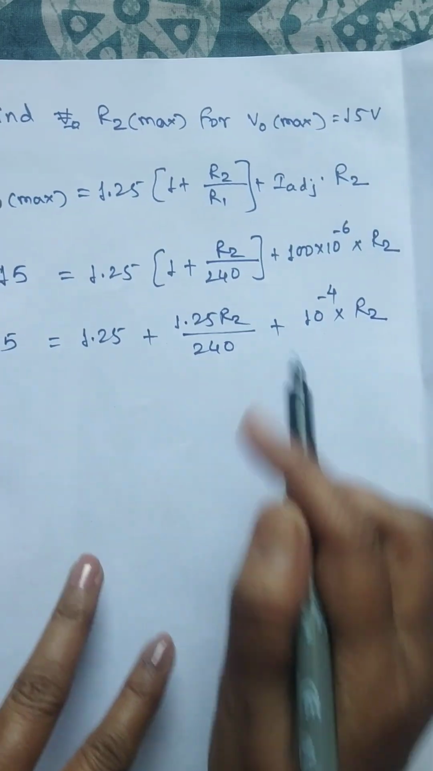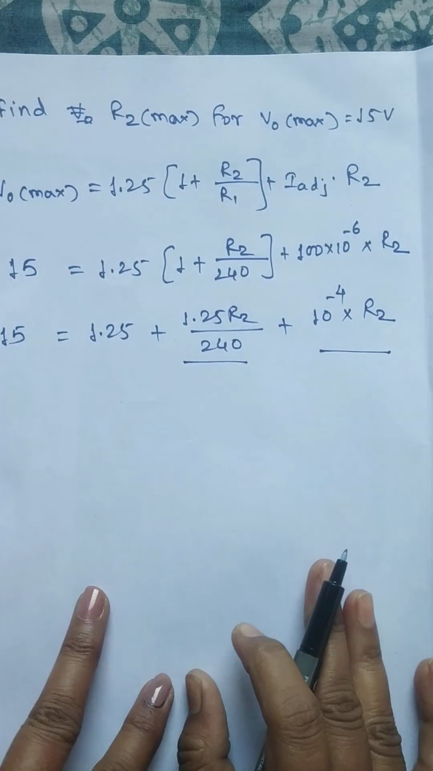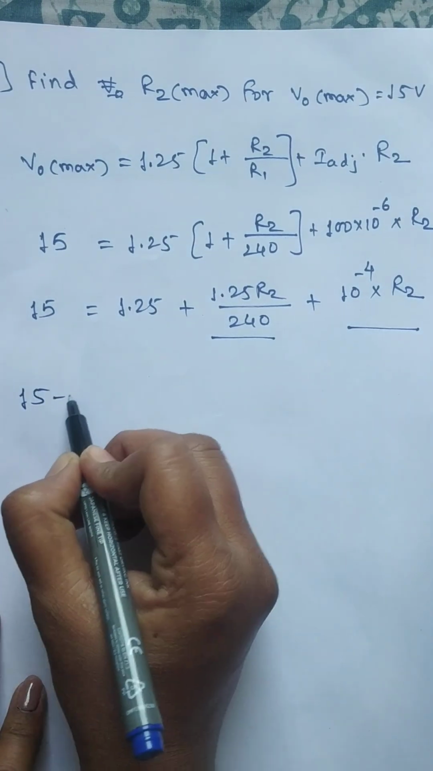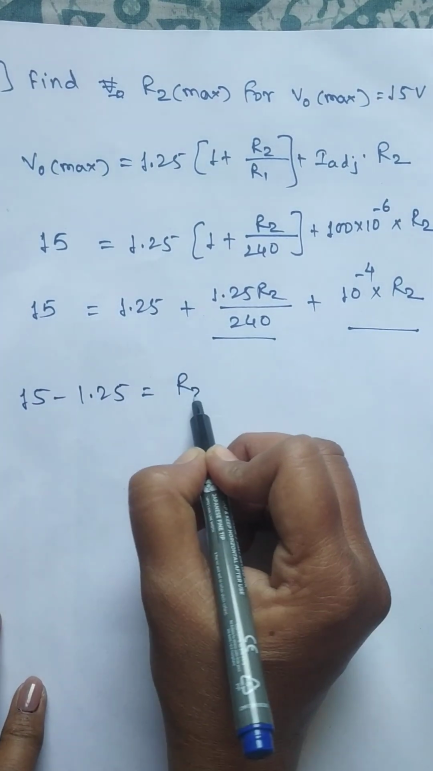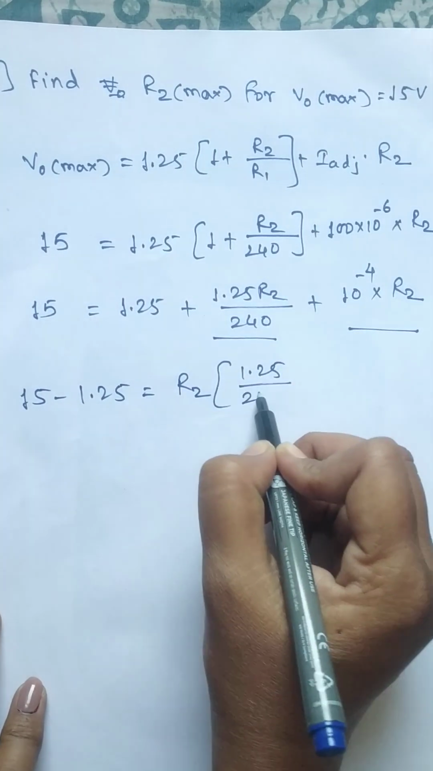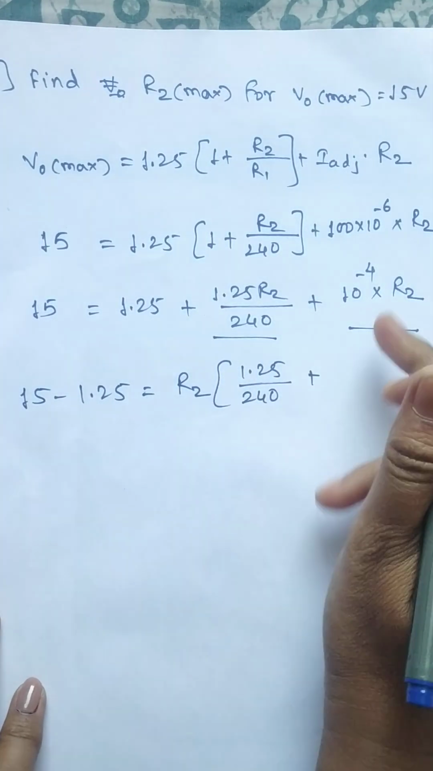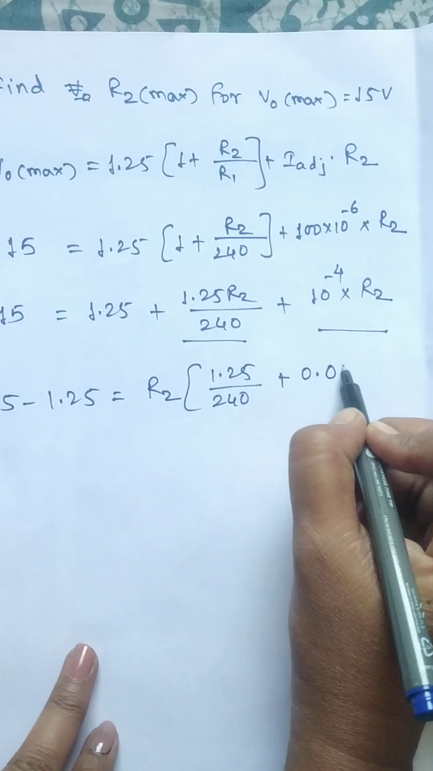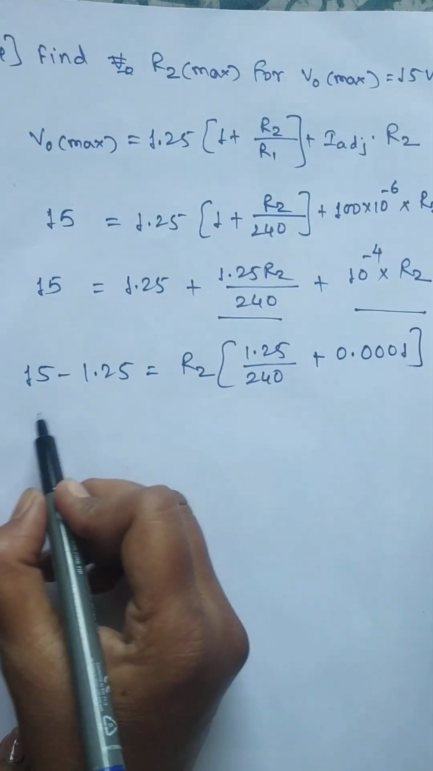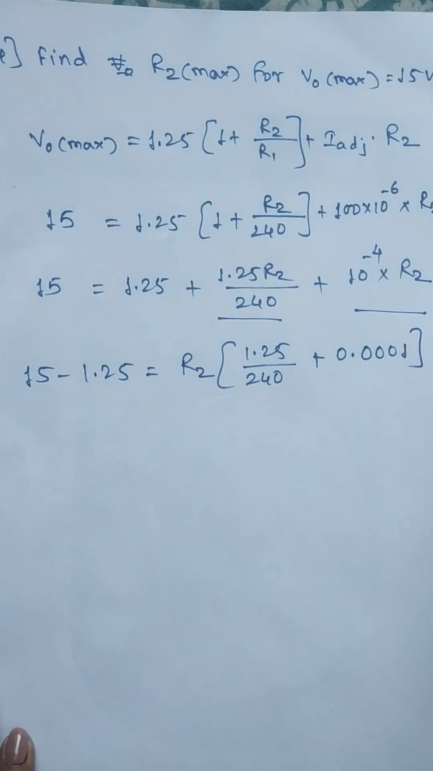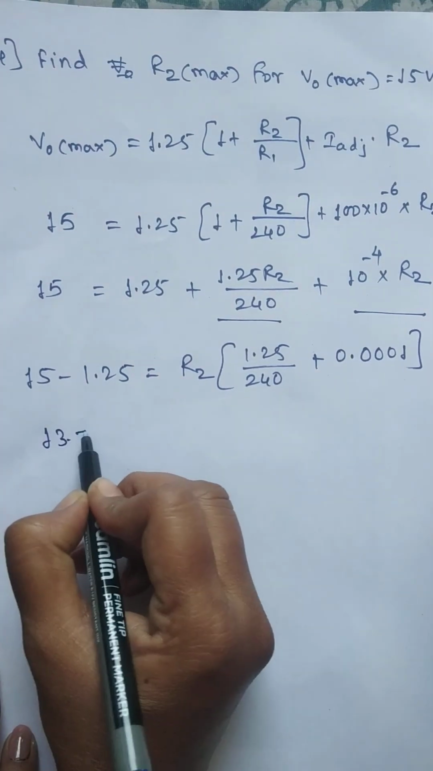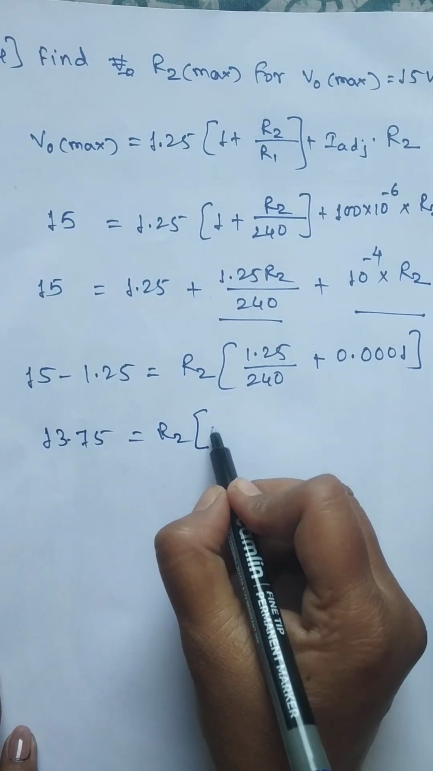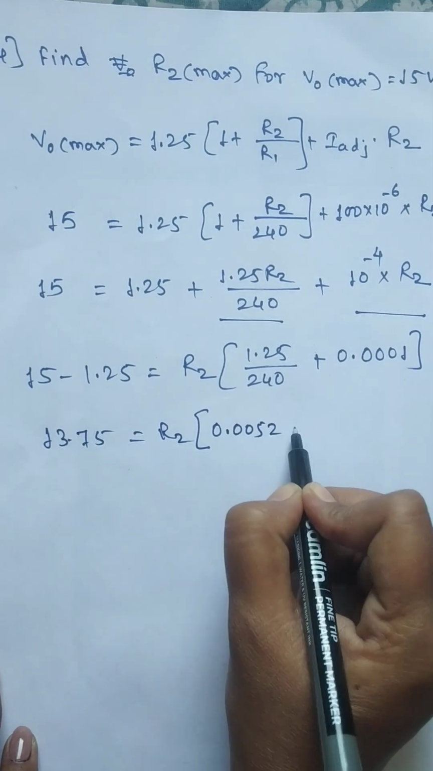So again similarly what we are doing, we are taking R2 common in between these 2 terms, and 1.25 I am transferring on the left hand side. So it is 15 minus 1.25 is equal to R2 common, 1.25 upon 240 from this term plus 10 raised to minus 4 will remain from the second term, but 10 raised to minus 4 is nothing but 0.0001. So 15 minus 1.25 is how much? 13.75 is equal to R2 into 1.25 divided by 240 is 0.0052 plus